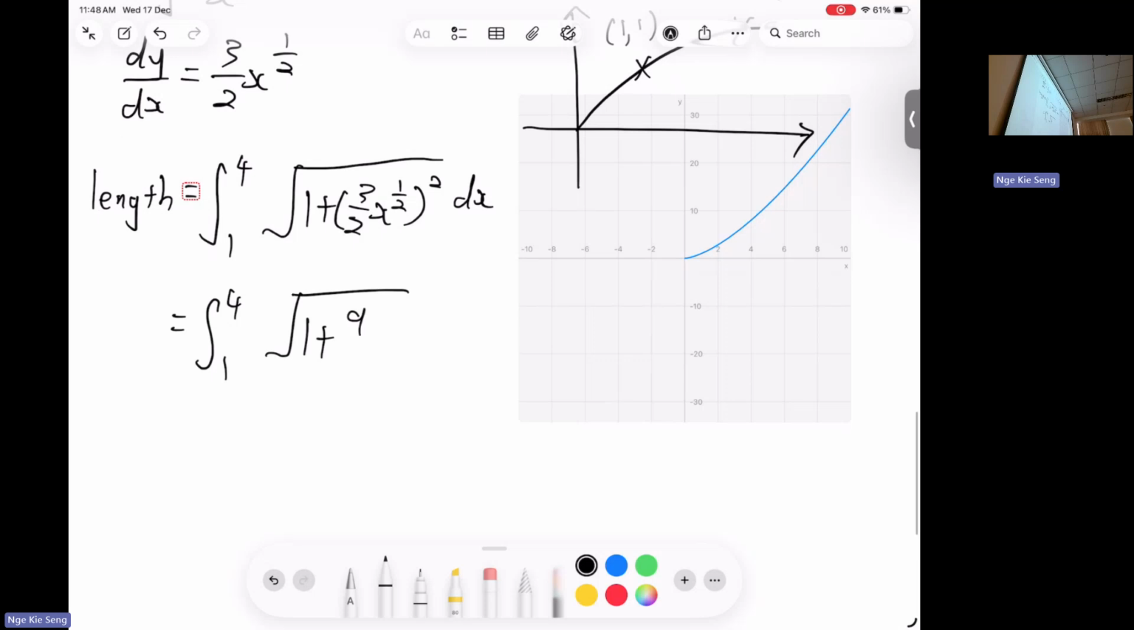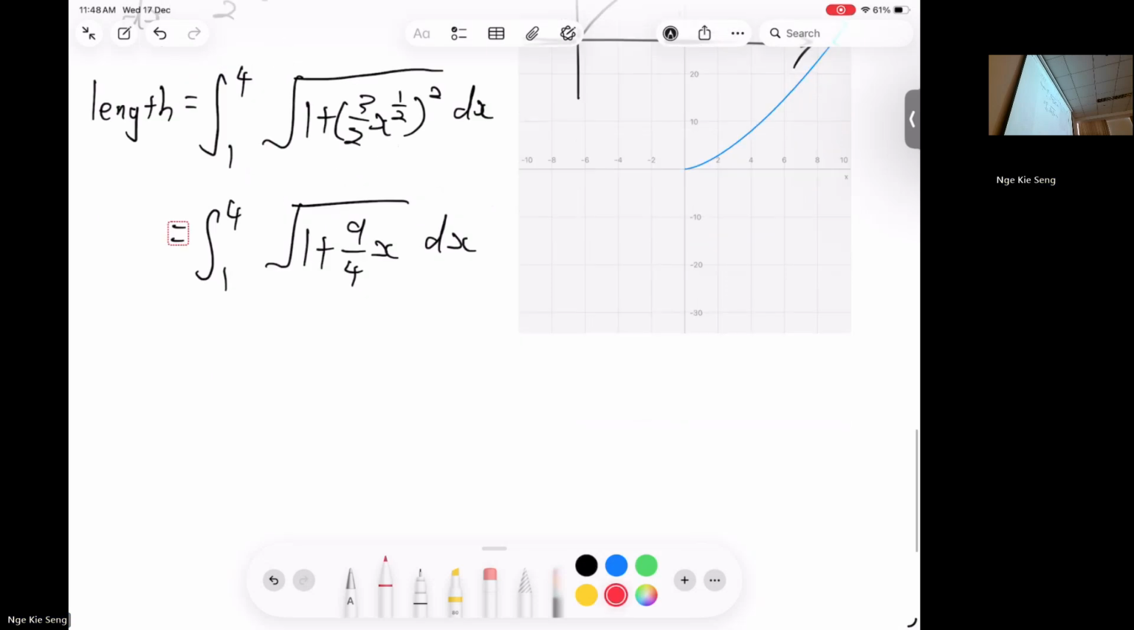Well, okay, another barrier here: 1 plus 9 over 4 x. How to do? Anyone know what to do here? The easiest thing to test is substitution first. See if it works or not. Okay, just try substitution. So u equals 1 plus 9 over 4 x, and then du equals